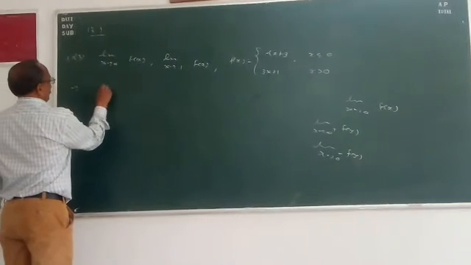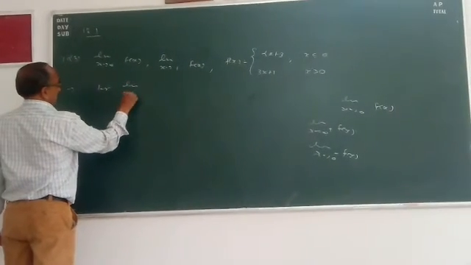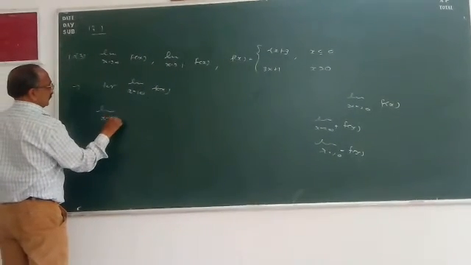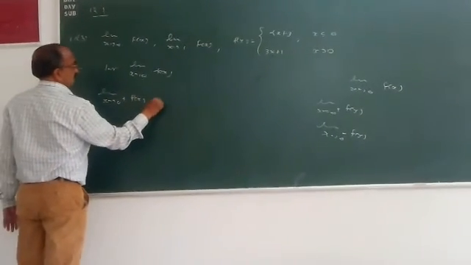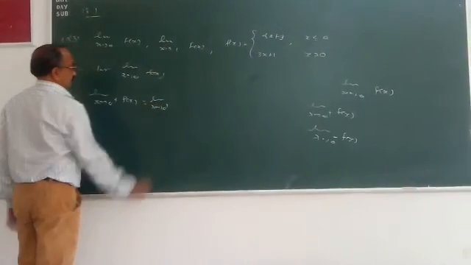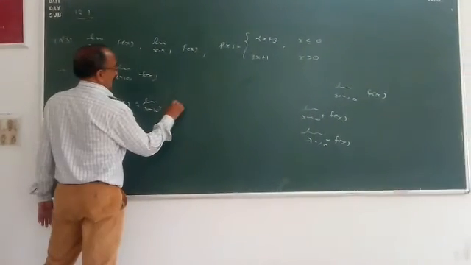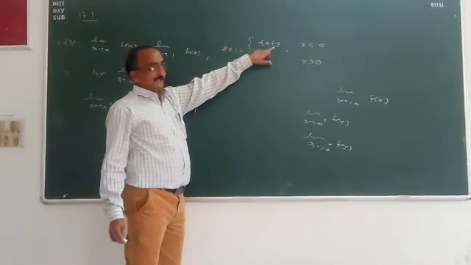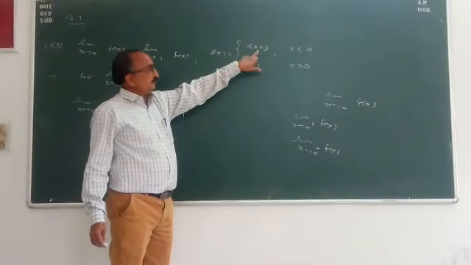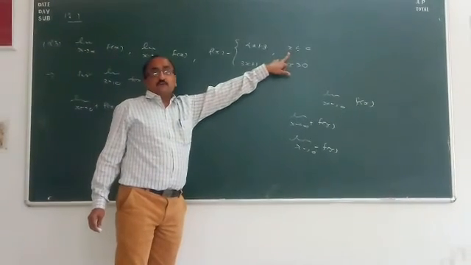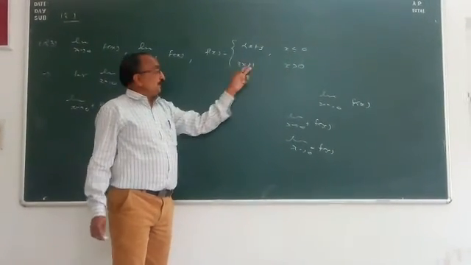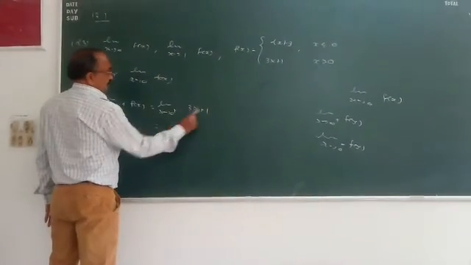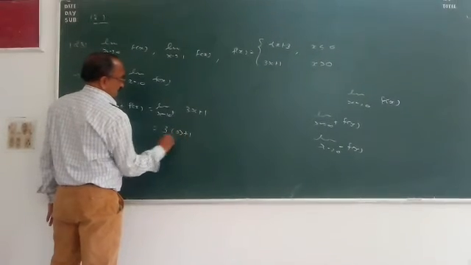Here for the limit as x tends to 0 of f(x), first find the limit as x tends to 0 positive of f(x). Here for positive you know that it is 3x plus 1. Clear? Here we have two functions, f(x) equal to 2x plus 3 for x less than or equal to 0, and for x greater than 0, f(x) is equal to 3x plus 1. So the limit of this term is equal to 3 into 0 plus 1, which is equal to 1.